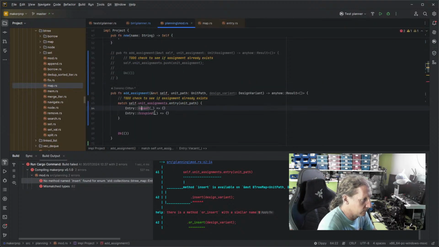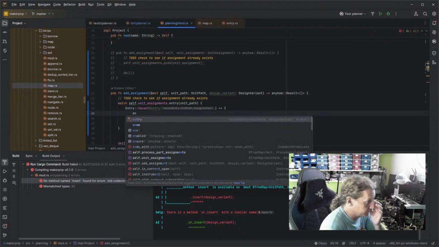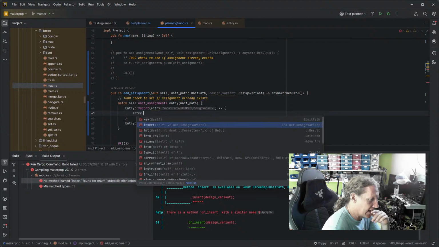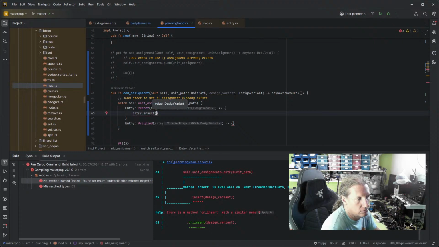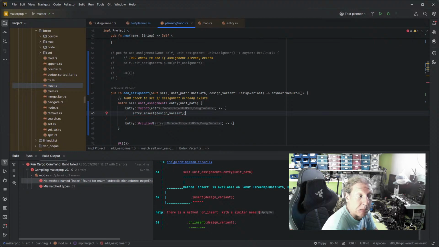Yeah, okay, fine. Let's see what we can do with it. If it's vacant, we can probably get the entry and insert the design variant. Sure. And if it's occupied,